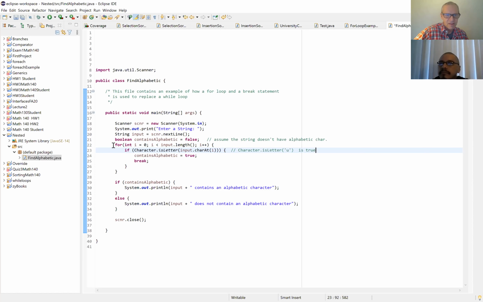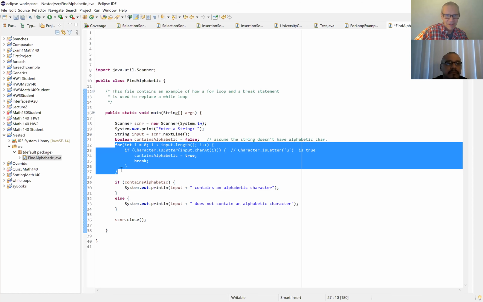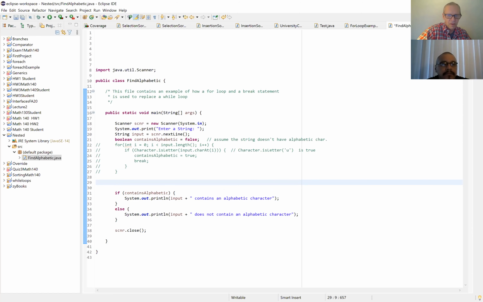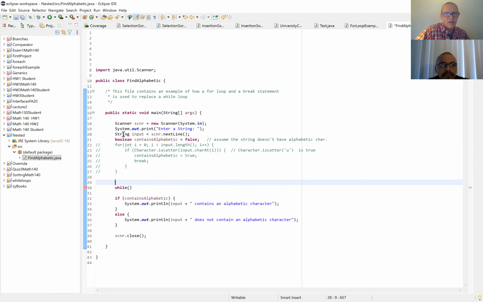And so this is what I ask the students to do. There is a way to do this with while loops. So we assume containsAlphabetic is false. I realize the logic is harder. And it's a while loop, so we have to declare, right? That's the great thing about for loops. We declare the counter variable in the for loop. So let's just declare the counter variable outside the loop. Well, i is 0, and so while i is less than